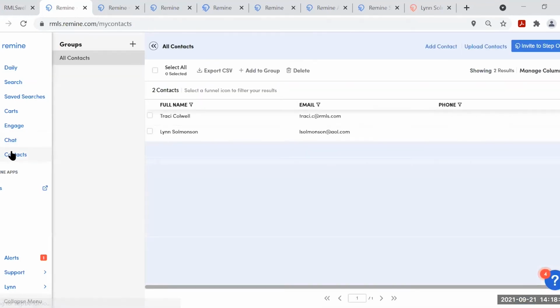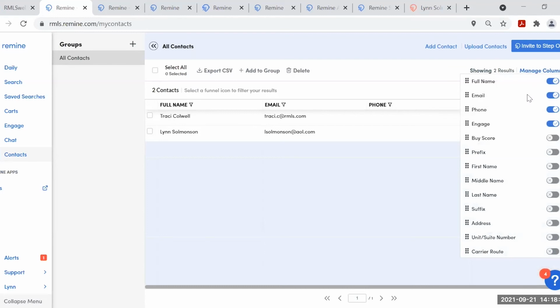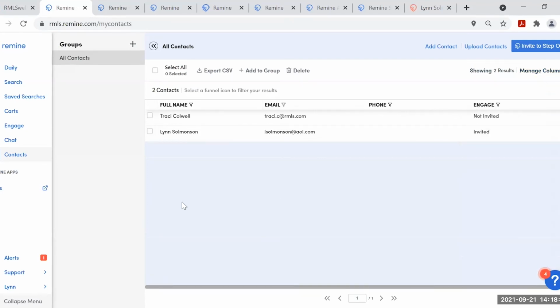It's just interesting because I did have more contacts in here. Okay, and then from your contacts in here, you can export. So if you end up with 100 contacts in here and you want to export to Excel and do something else with those contacts, like mailing labels or greeting cards, that sort of thing. You can also manage columns in here for your contacts. So if there are other pieces of information that you want to see, just like you could do for the properties in carts, you can do that for your contacts.